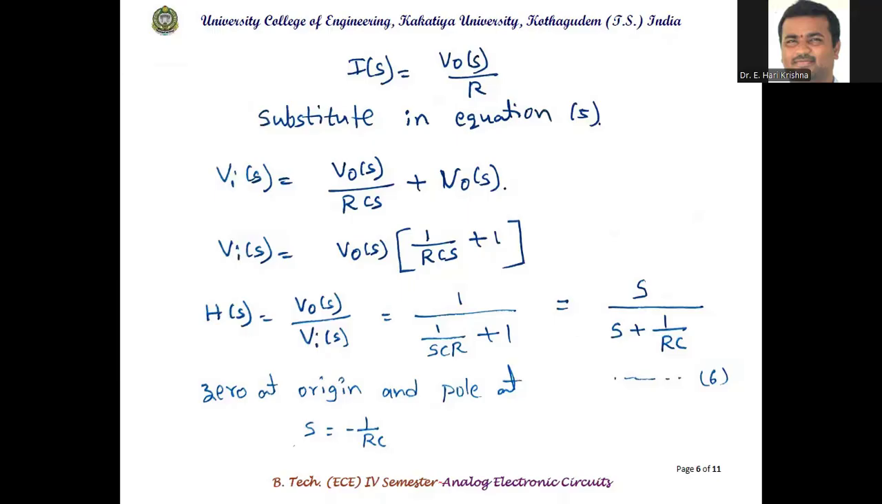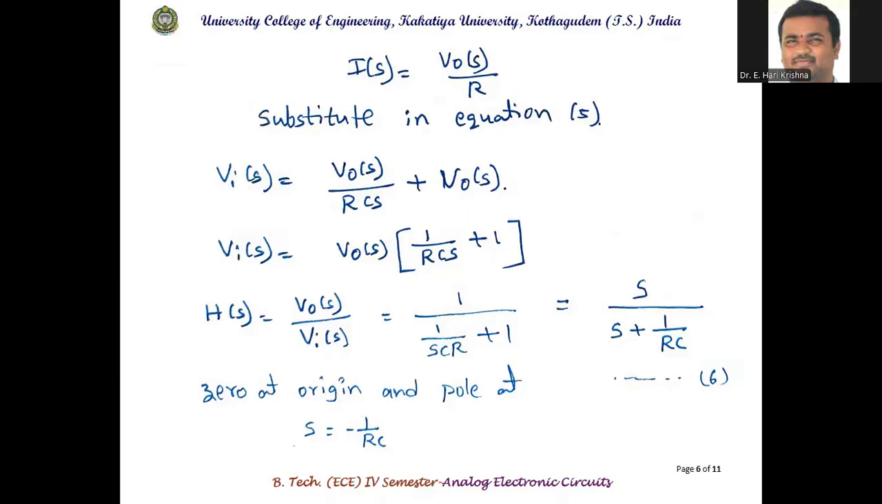So equating the numerator to 0 will give s is equal to 0, so a zero at the origin. And equating the denominator to 0, s plus 1 by RC is equal to 0, that is s is equal to minus 1 by RC. Zero at origin, pole at s is equal to minus 1 by RC. From signals and systems analysis and control system analysis, if the pole of the transfer function lies on the left half